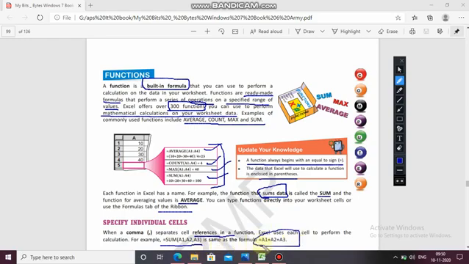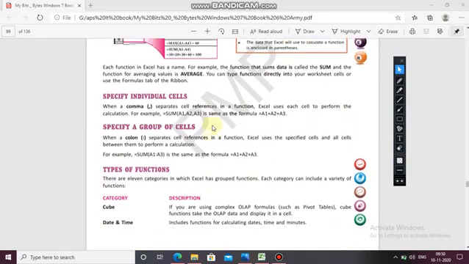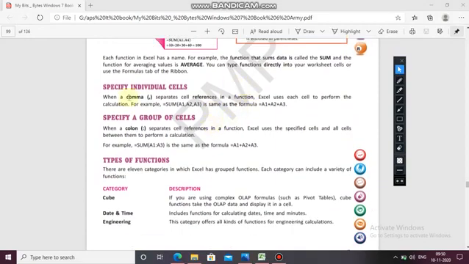Okay. So you have to write equals to SUM A1 comma A2 comma A3. That means you are adding A1, A2 and A3. Clear? So by this way you can add by putting commas in your calculations. This is for individual cells.